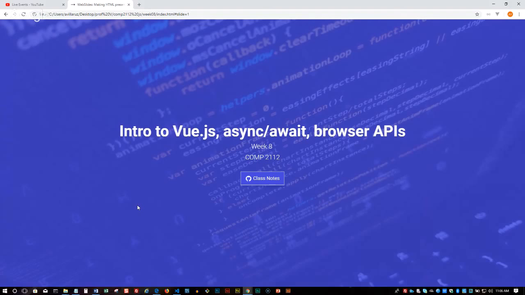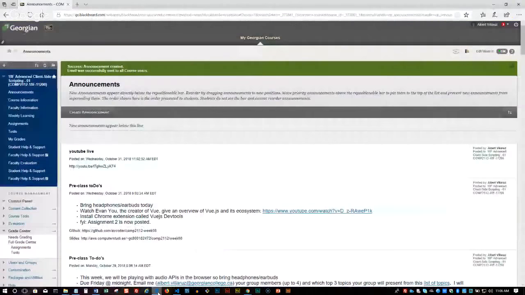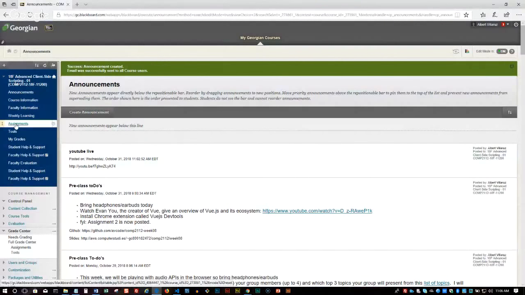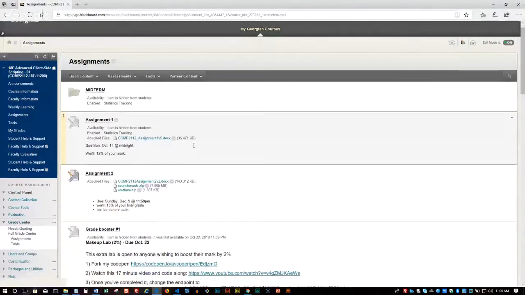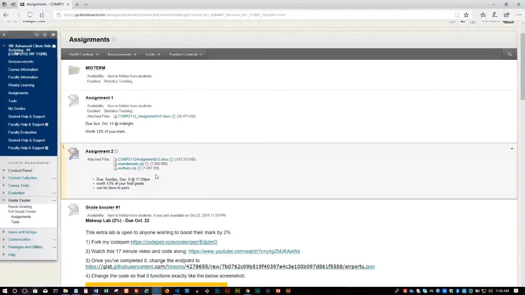Third announcement, assignment number 2 is out. If you check Blackboard under assignments, you shall see assignment number 2, which is right here. I'm going to briefly go over that in a second. Announcement number 4, bring your headphones each week, not just today. And announcement number 5, install the Chrome extension Vue.js devtools. So in case you don't know where that is,